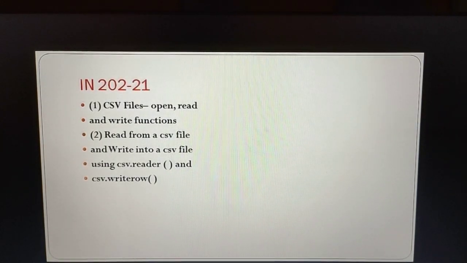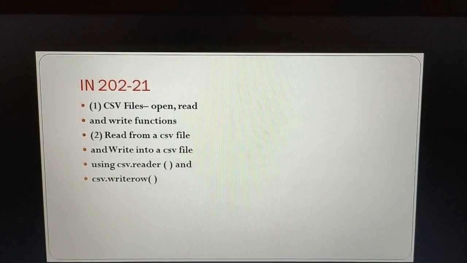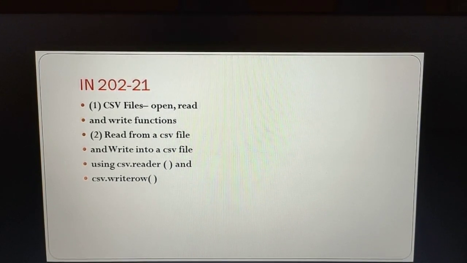In the 2020-21 syllabus, they have added two concepts: CSV file open, read and write function, and second, read from a CSV file and write into a CSV file. These operations are done with the help of csv.reader and csv.writer.